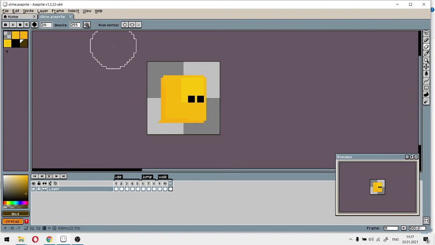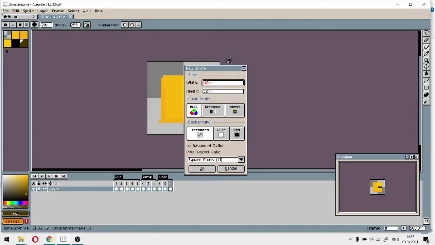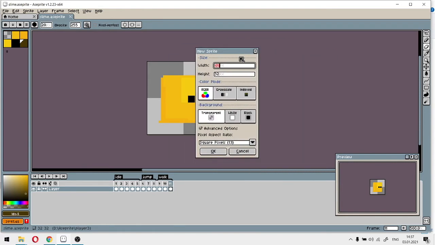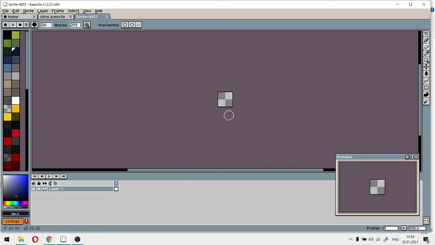Okay, so to start working in Aseprite, you need to create a new file. A new file is created in this upper menu: File, New, and here we have some settings. We don't really need to change anything besides size. You need to configure width and height for your project. Usually for creating characters, I go with 32 by 32, or 64 by 64 if it's a more detailed character. Let's go with 32 by 32 because our slime looks really simple and we don't really need that extra space. Click OK, and we have this